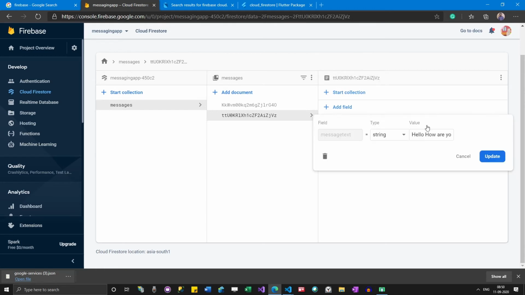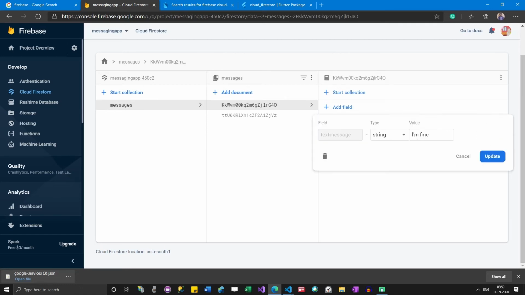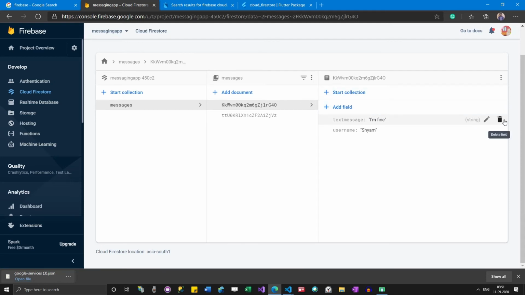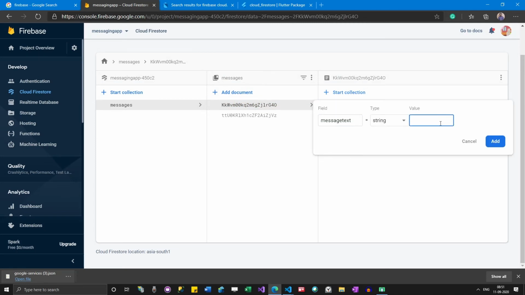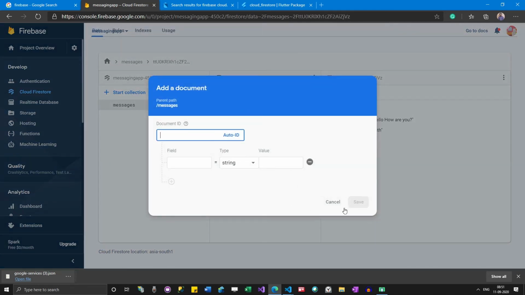Let me copy this. So I just corrected the field here. So now both of them are having the same kind of fields.